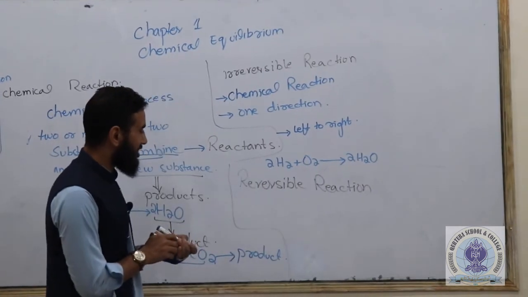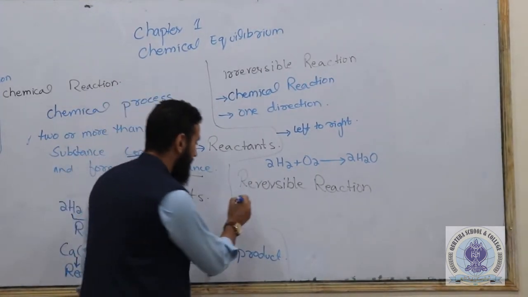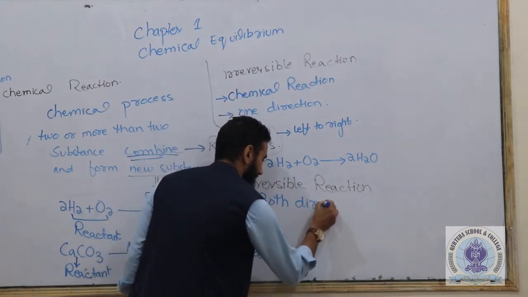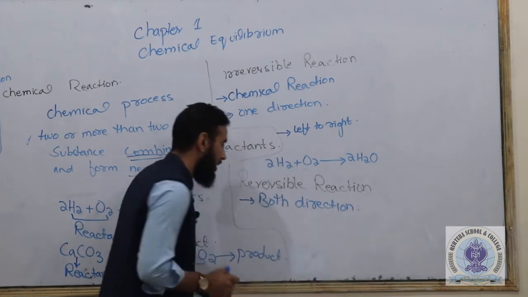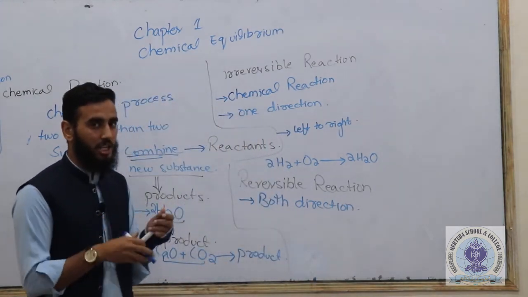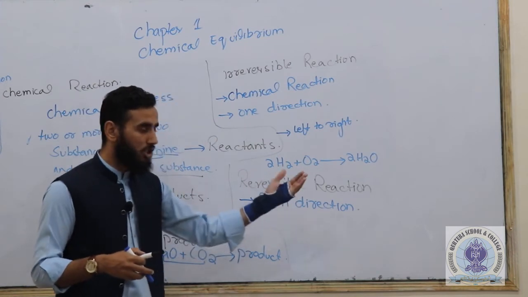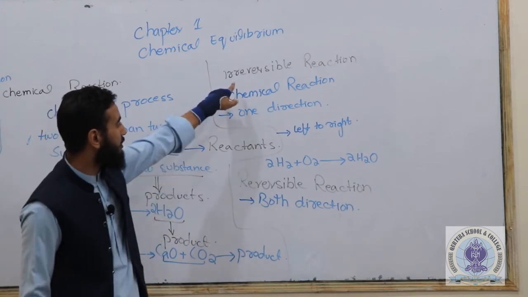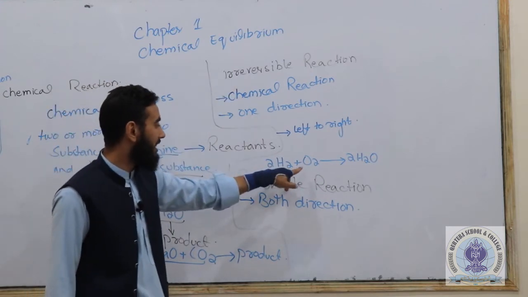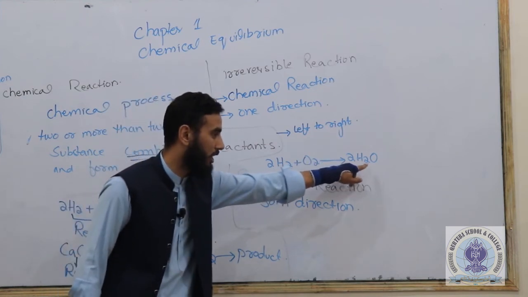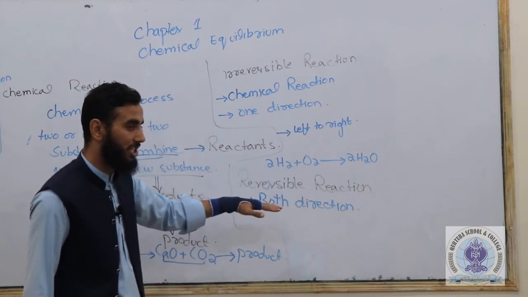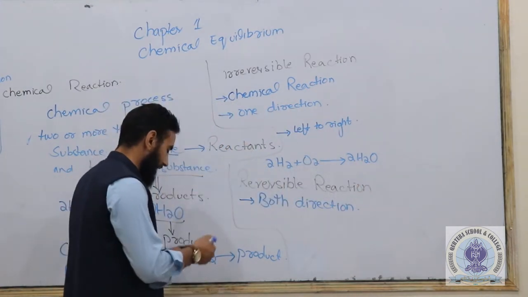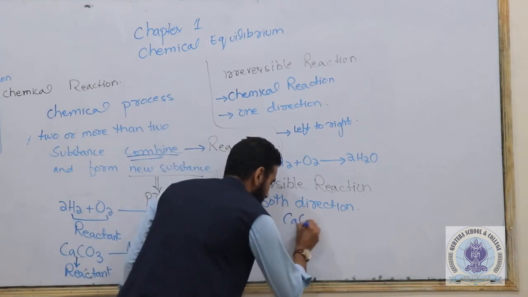Reversible reactions are those types of chemical reaction which proceed in both directions, which means that in the case of reversible reactions, reactants will react with each other and form product, while those products will react with each other and form reactants back. In an irreversible reaction, the reactants react and form product, while in reversible reactions the products will react with each other and form the reactants back. Like in the case of calcium carbonate,